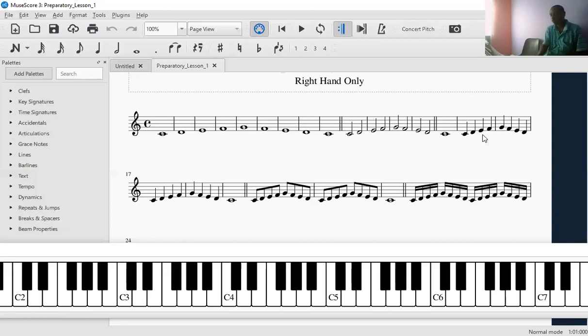So we are 1, 2, 3, 4. 1, 2, 3, 4. And the last one is a whole note. So this one, I sustain it for 4 counts. It's a whole note. Then I go to the next preparatory lesson,